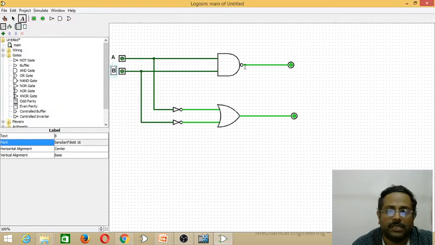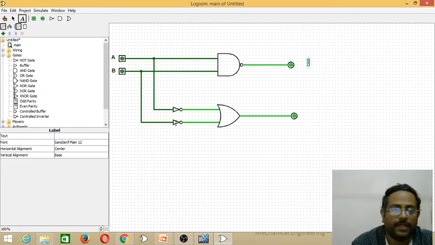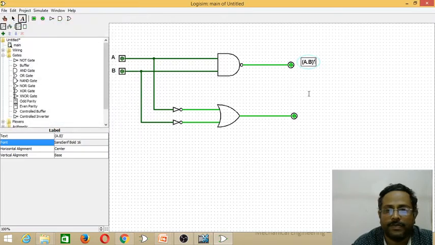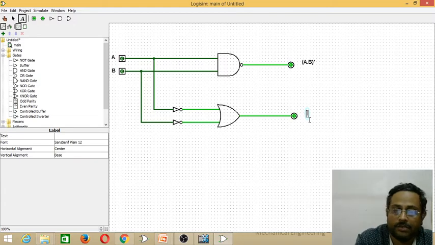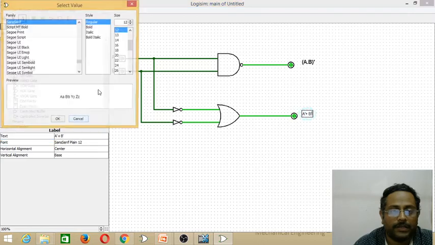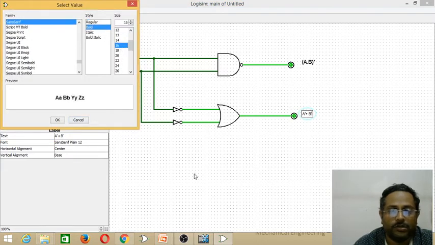Like this, this output is LHS, that is A bar, (A into B) whole bar, 16 bold. In the same way the RHS, that is A bar plus B bar, changed to font 16 and bold.